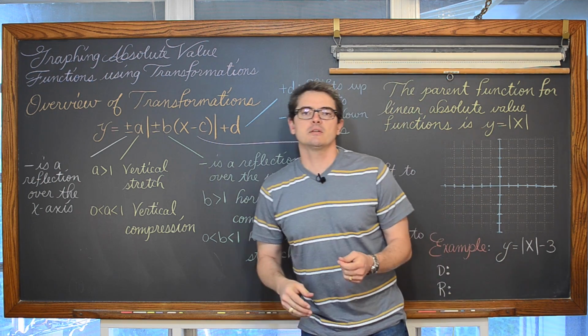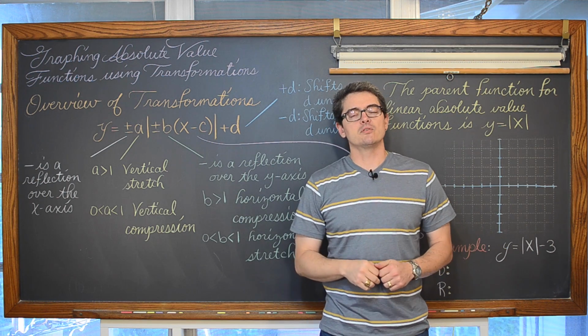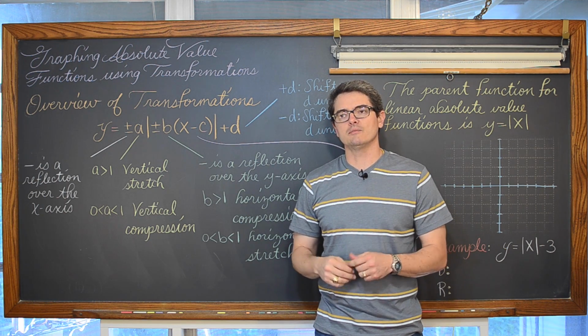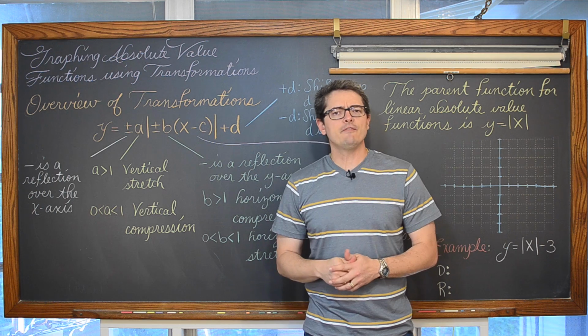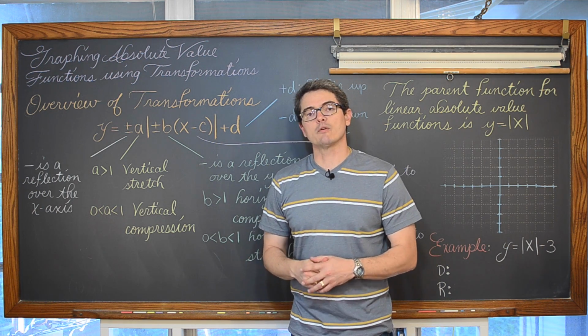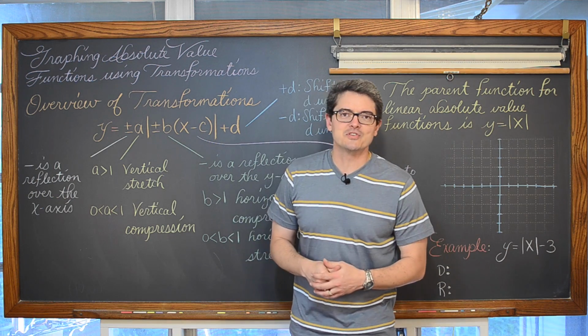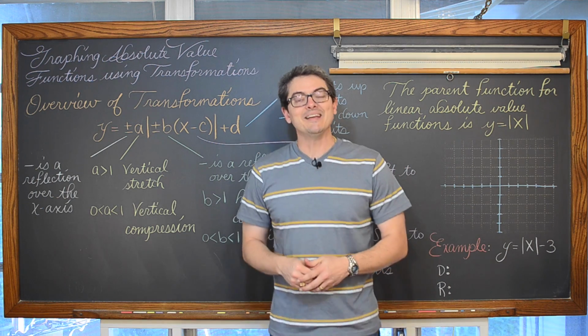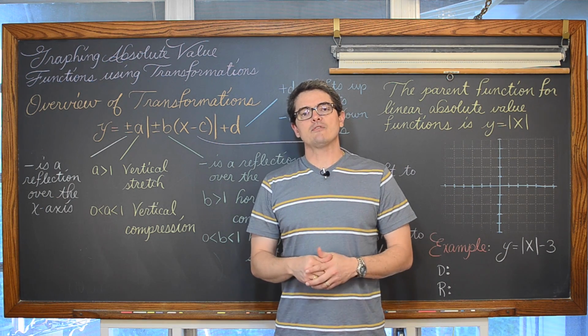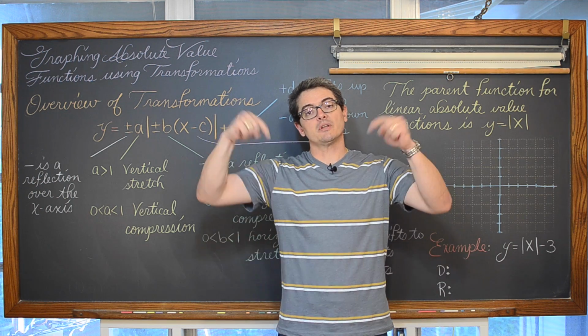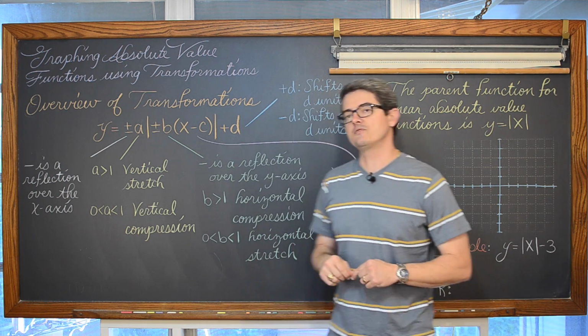Now, I've already done a lesson about graphing absolute value functions, but in that particular lesson, we were graphing them using a table of values, where we first found the sharp bend, which every absolute value function has. And then building a t-table off of that and just simply plotting points. I'll put a link to that lesson in the description of this video.